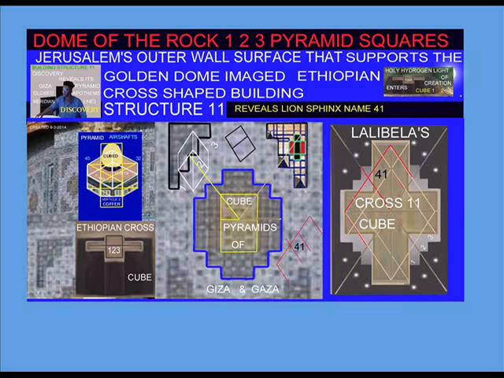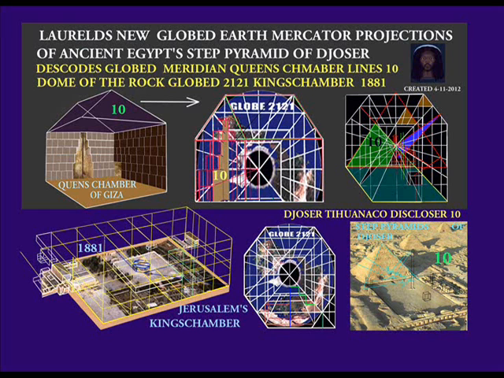Now, when we look at the salvation plan of Malachi 4:2, winged sun, the solar theology of the North African couching lion Sphinx of the tribe of Judah, to these new archaeological, theological, and astronomical discoveries of the Dome of the Rock, globe earth, stealth pyramid, Mercator projection, which is seen in the Dome of the Rock outer wall stone rectangular window frames, where we see a 1, 2, 3 group in the pyramid square flanking the central Ethiopian